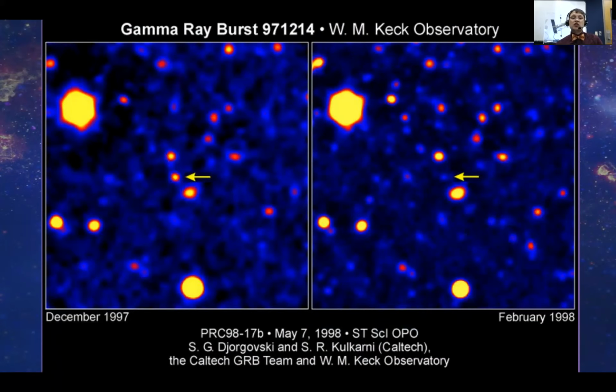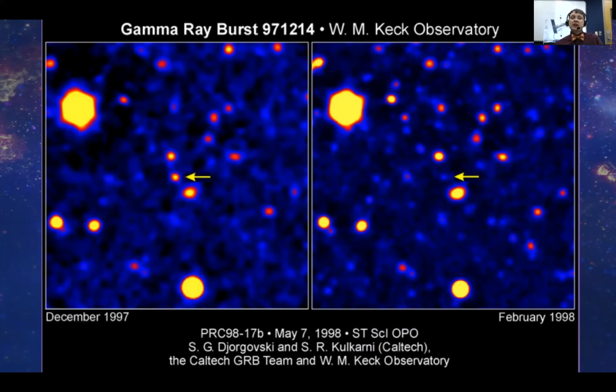And we currently have missions like Fermi and Swift that are up in space detecting these sorts of events now. The energy from the gamma ray burst heats up other things like gas and dust, which then emit other light, and we're able to detect that for longer periods of time as an afterglow. But gamma rays are the most energetic things that we're aware of happening up there. And supernovas are one of the many events that might give them off, but they're one of the more familiar ones to the average person.